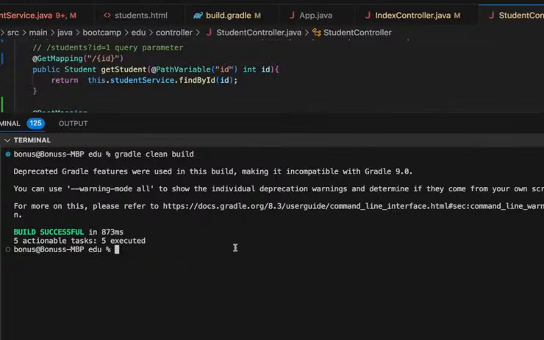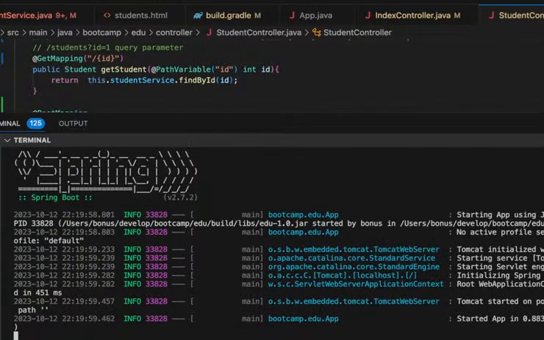Let's build our project again. So after building the project, let's try and run. Let's see whether it is going to run. Okay, so it says server started. Let's try and check our